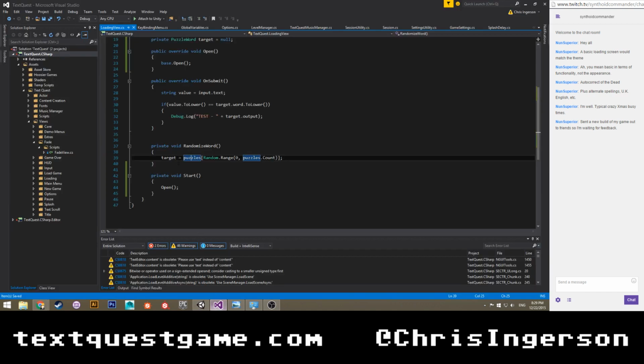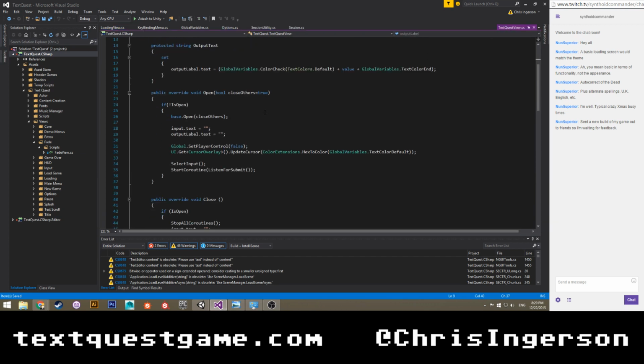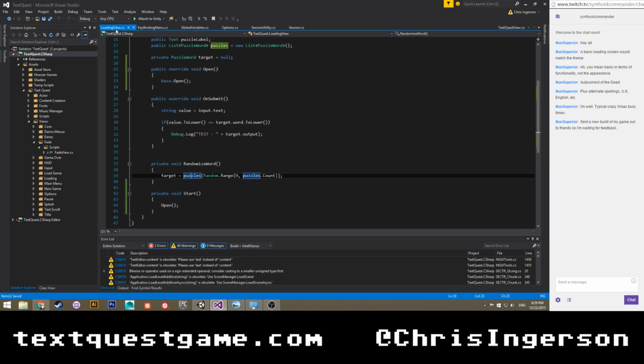So, go ahead and get rid of game settings and settings utility and splash delay, music manager, level manager, all that stuff's fine. And then I want to check what open does. Okay, it already takes care of that.